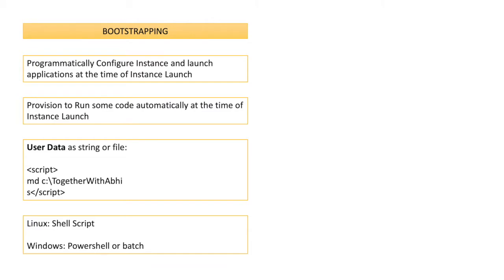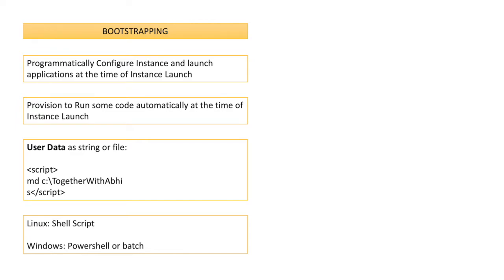So this is called bootstrapping, and we are going to try it in the next video for a Windows instance, and we are going to do an RDP connect to it, and we will see that a folder has already been created called Together with Abhi. Now the second concept that we are going to discuss is